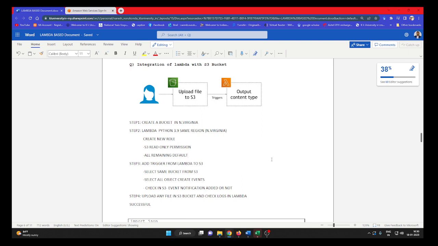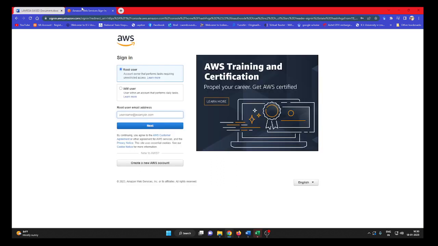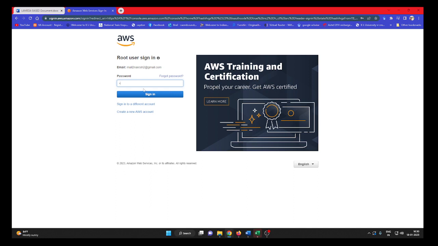So this experiment is the simplest experiment. We can do much more with the same concept. Okay, so let us start. Let me log in to my AWS root user account. Once I log in to my AWS root user account, I'll straight away